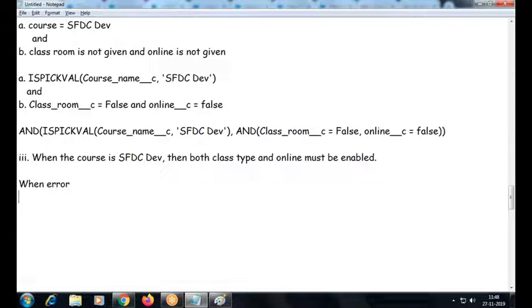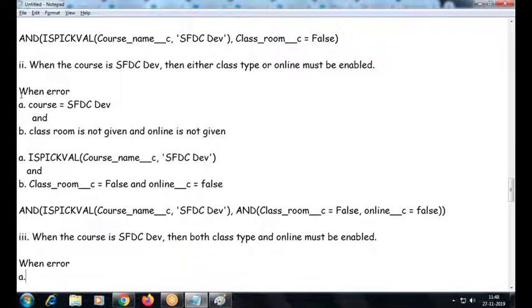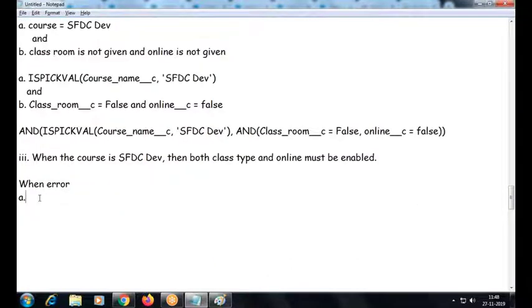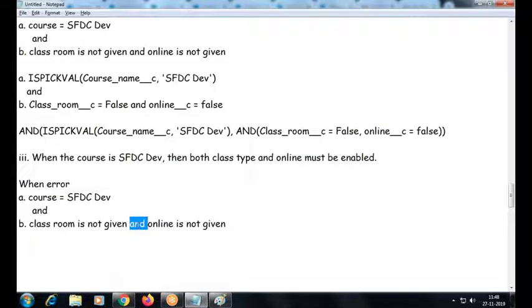What is the best approach? Split it. When you split it, you'll come to know the final formula. So here, when you are going to throw the error message, I'm going to throw the error message OR. That's it. Any one of them not given, throw error message, or both are not given. Any one of them not given, then throw error message. It's enough, right? Then you're going to replace with